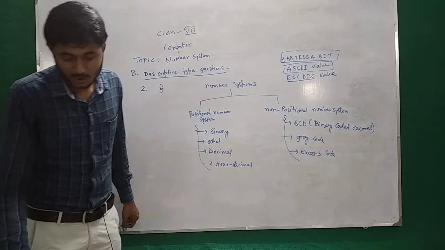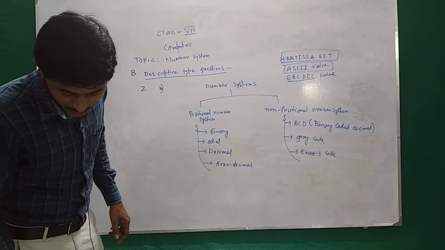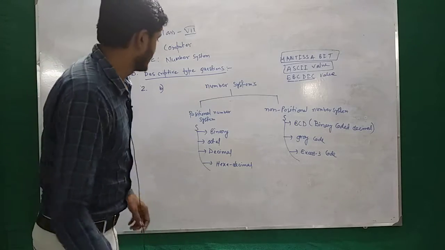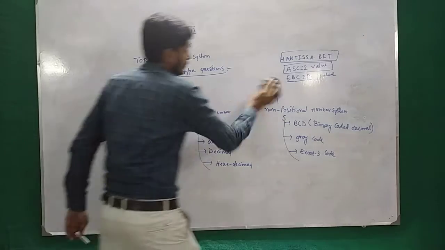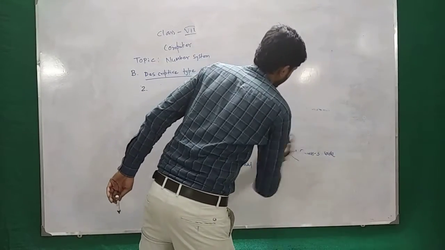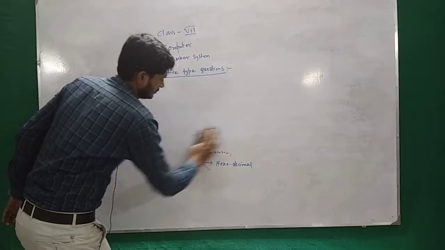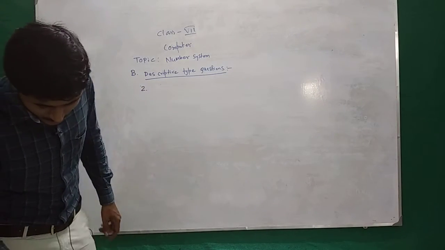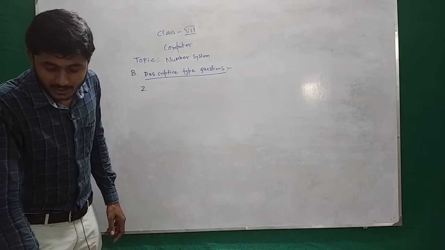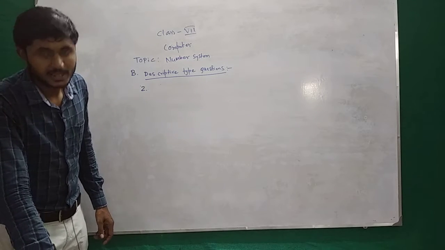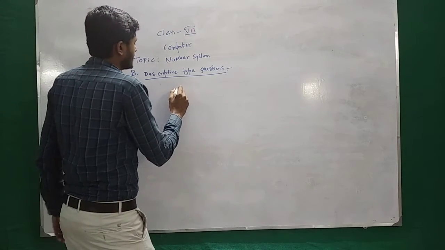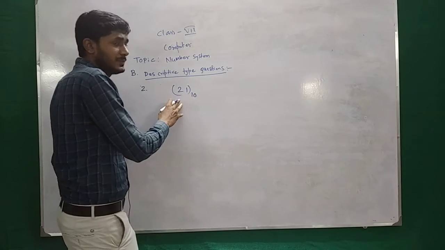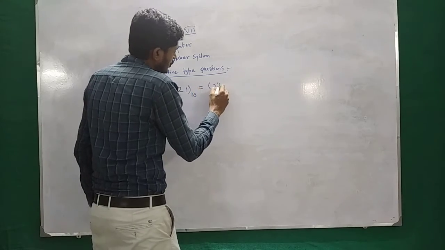Clear? So the next one, question number C. Write the steps to convert decimal numbers into binary numbers. If we convert a decimal number, suppose our decimal number is 21 base 10, to a binary number,